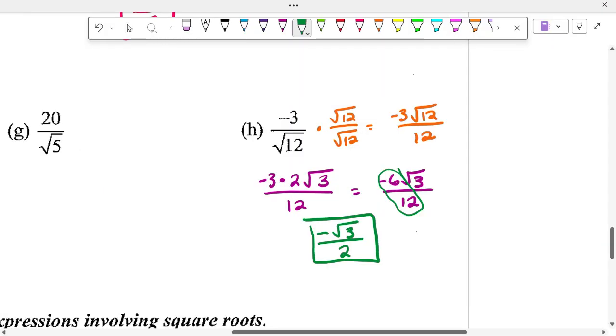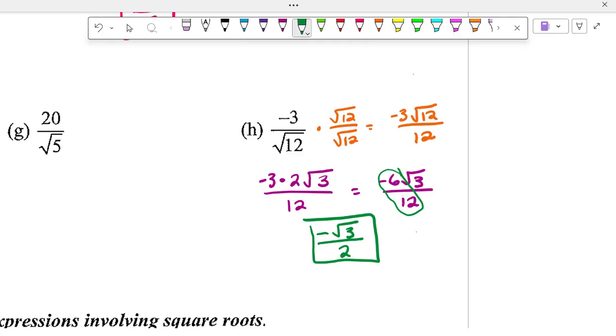All right, here's what I got. So if we're looking here, I multiplied by the square root of 12 over the square root of 12 first. I got negative 3 times the square root of 12 over 12. Now, from there,